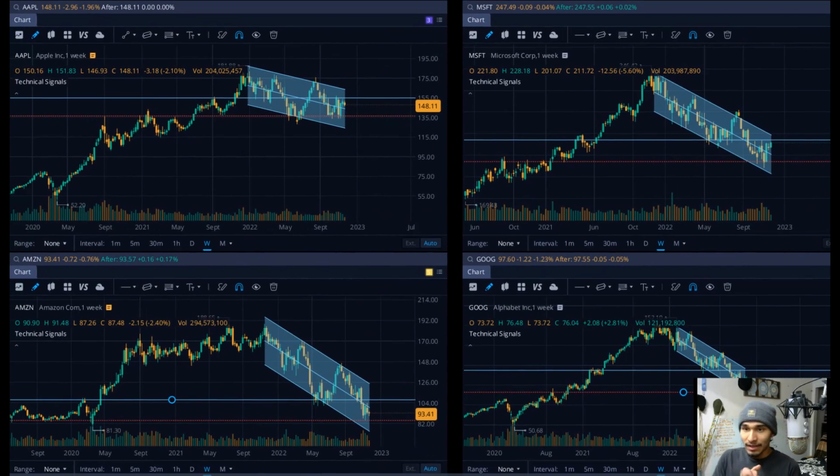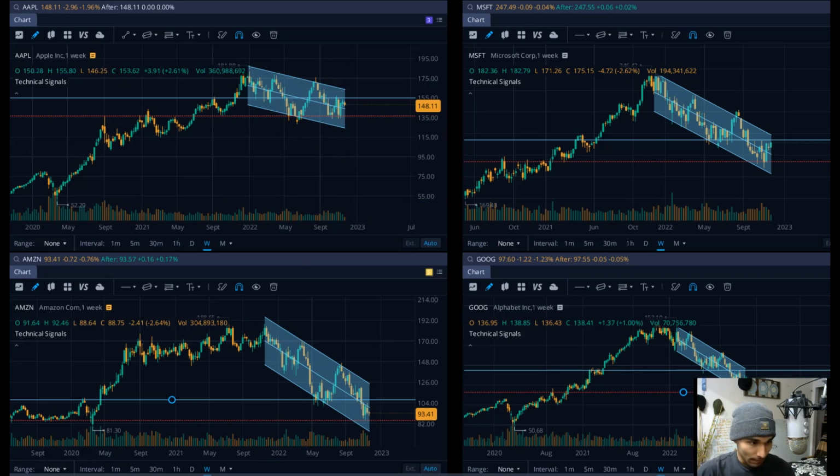But that's it. I'm definitely watching the S&P closely and seeing if the price is going to break above the trend line or if we're going to get rejected. And if we get rejected, I'm going to be short selling stocks. And if the price goes up and it breaks the trend line, I'm going to be buying stocks. The same applies to all these stocks right here: Apple, Microsoft, Amazon, and Google. Blue line, you buy. That's the point of confirmation to buy. Buying is a blue line. So the point to short sell is going to be the red line. In the case of Apple, it's 135 around here. This is pretty much where the trend is most likely to continue downward.